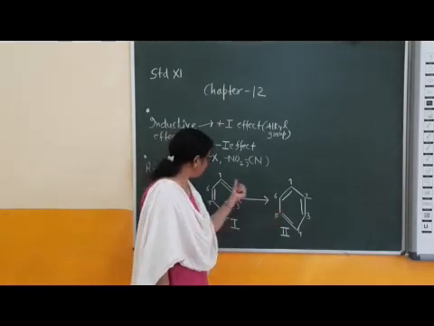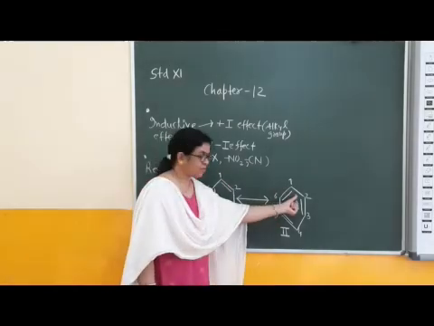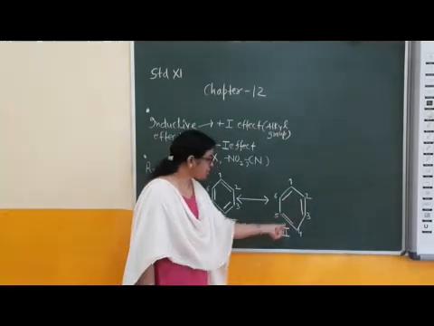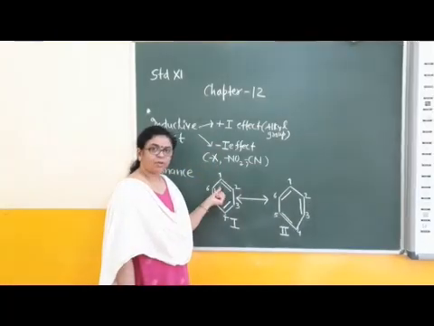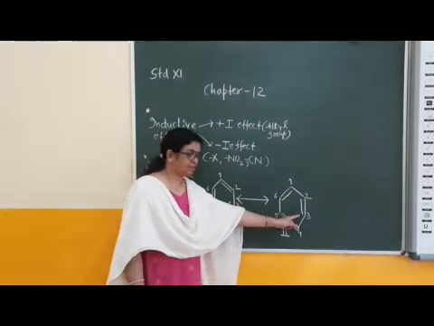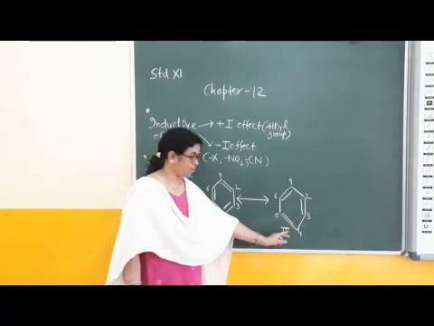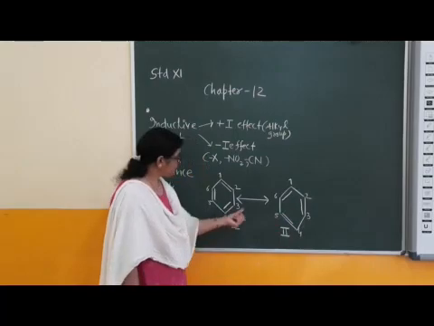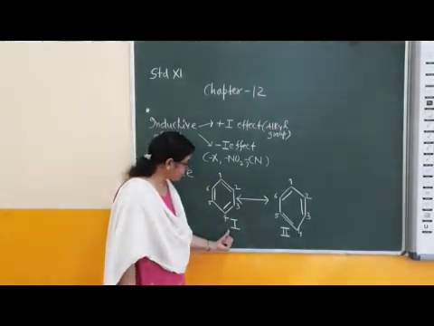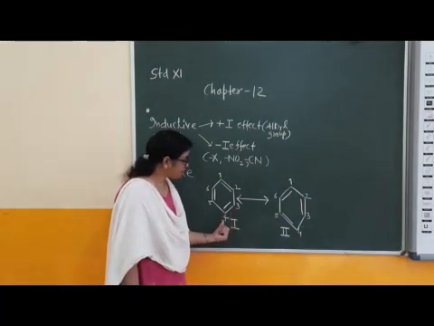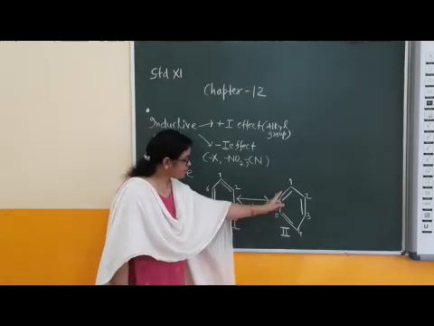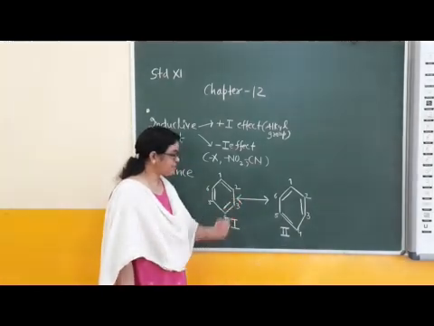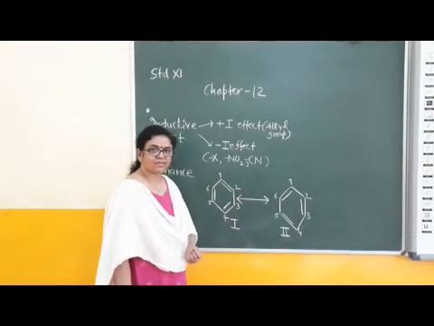In structure 2, between the first and second carbon, there is a single bond. Then double, single, double, single and double. Right? A new position is occupied by the double bond, or pi bond, between the second and third carbon in structure 2. Between the fourth and fifth carbon, a double bond is present, and in the other structure, between the third and fourth. Again, a new position between the first and sixth carbon, and here between the fifth and sixth carbon. Right? This interconversion is called resonance.